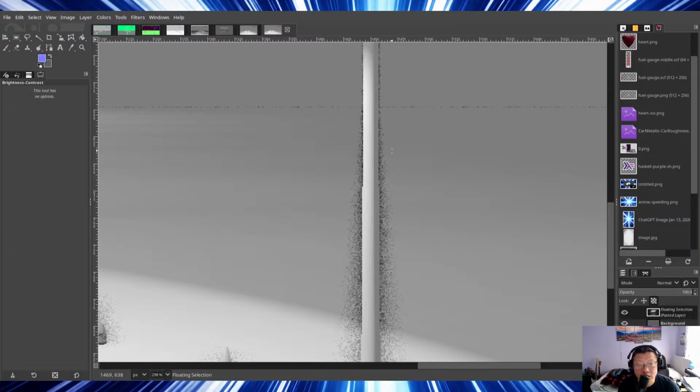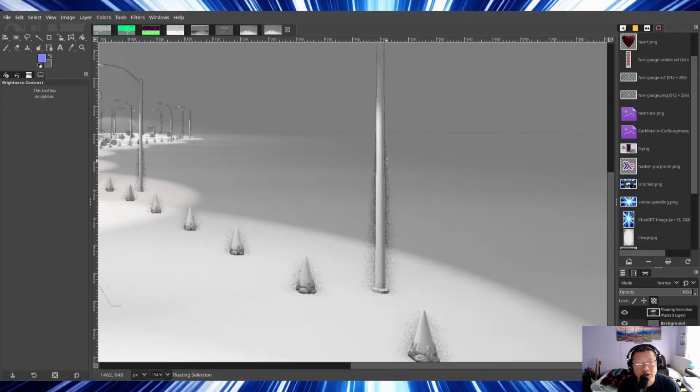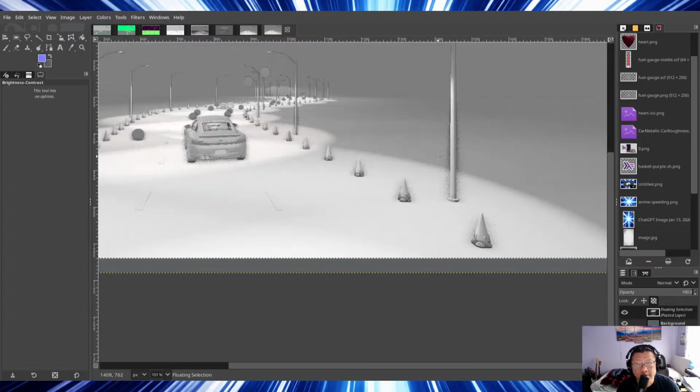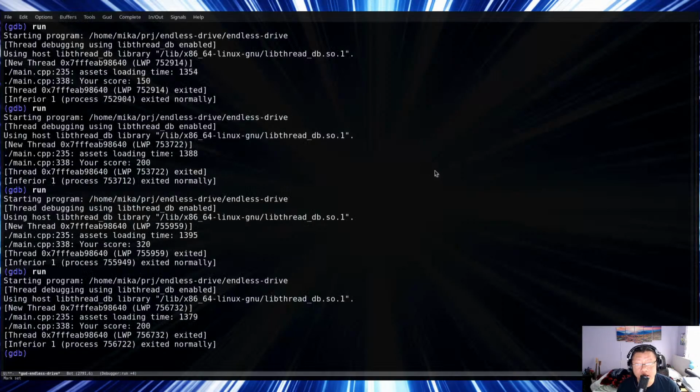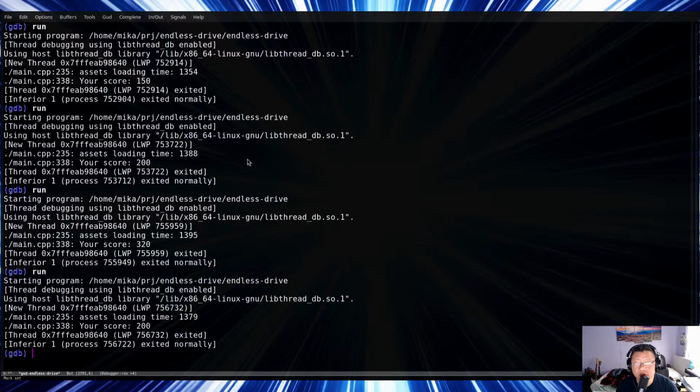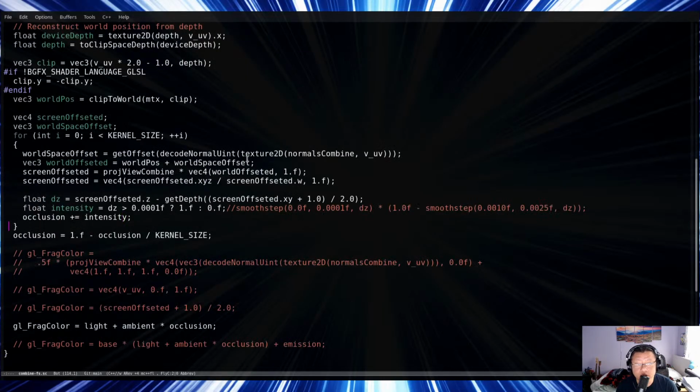And if it's too large, mark it not occluded. Currently I'm doing it in screen space with some hard-coded value here, which is 0.0025, and I would like to get this